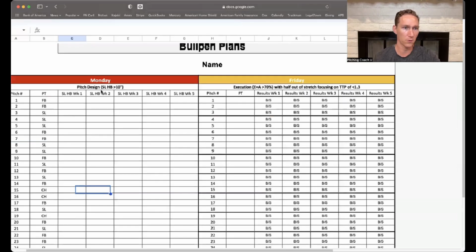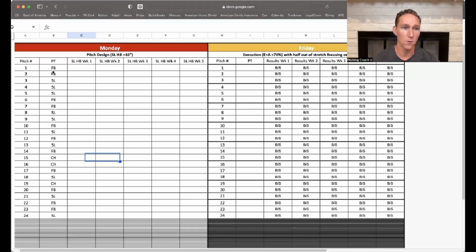So now I'll show you just an example of this. So we might go a couple fastballs, 3 sliders, couple fastballs, couple sliders, and then we could alternate just to get them used to not throwing it multiple times in a row, just like they might in a game. And then we'll mix in a changeup or whatever their third pitch is. If they have a fourth pitch, you'll have to add that in somewhere. But really just slowly cook them into